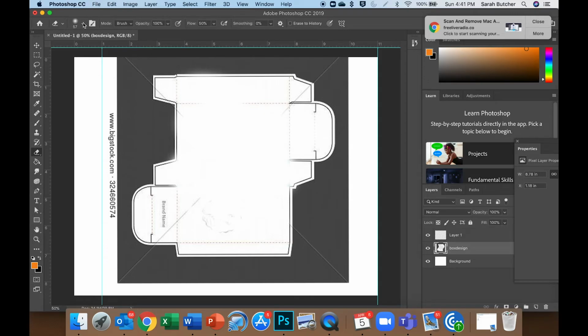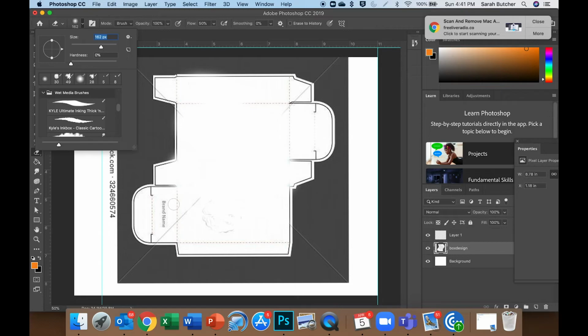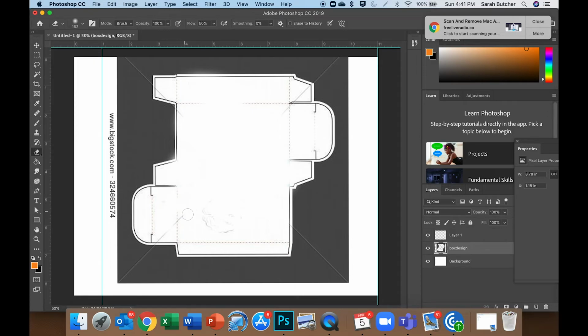So I'm going to get rid of everything but those guidelines, and I haven't done the best job of that. As I say, you want the guidelines there so when you fold it later, when this is finished, you know where to fold it. If you feel like that's not something important to you, just go ahead and erase all of the guidelines. That's fine. But what I'm trying to do right now is get rid of anything that was part of the original design. So now what I have is a clean slate, okay? So I can design my box on here